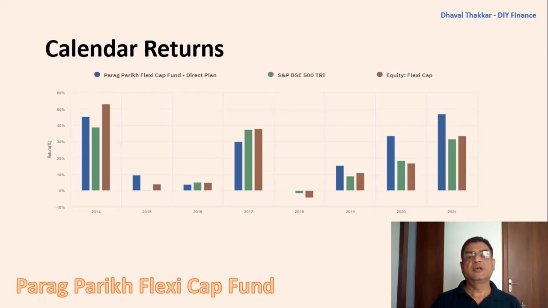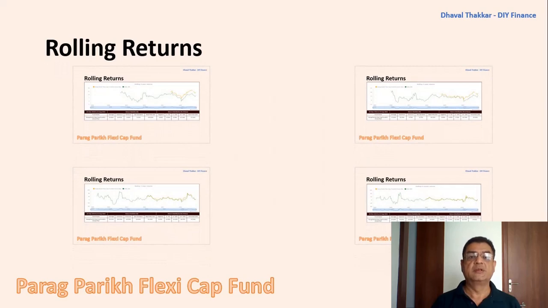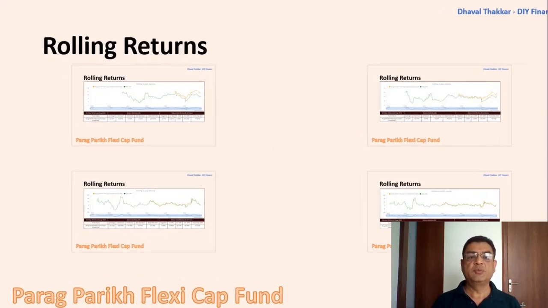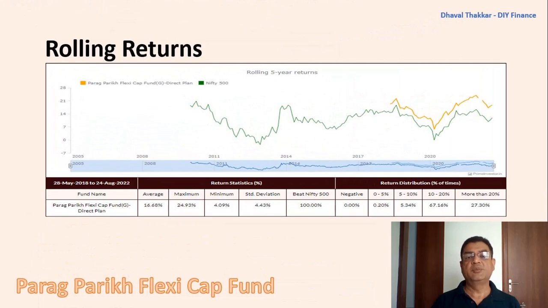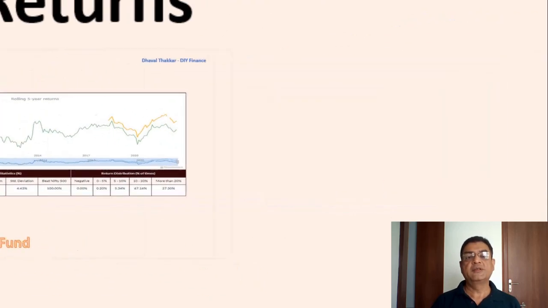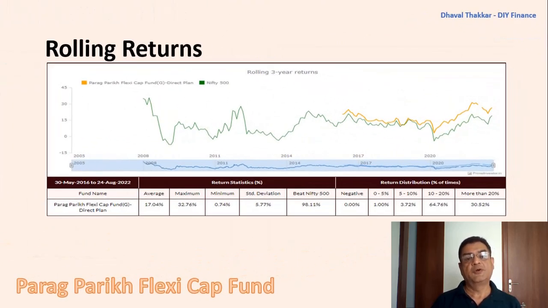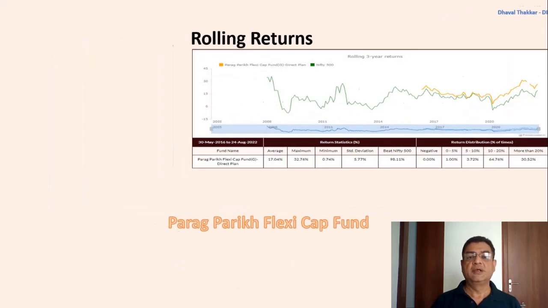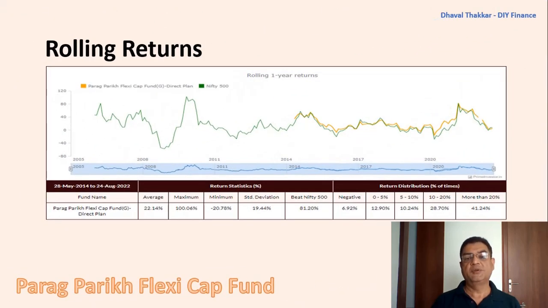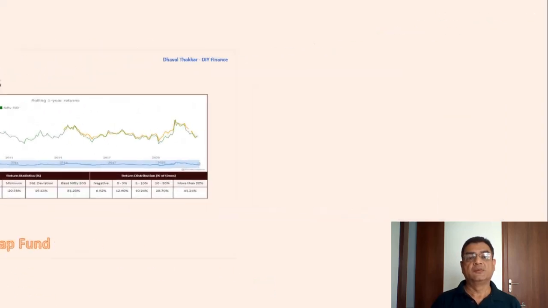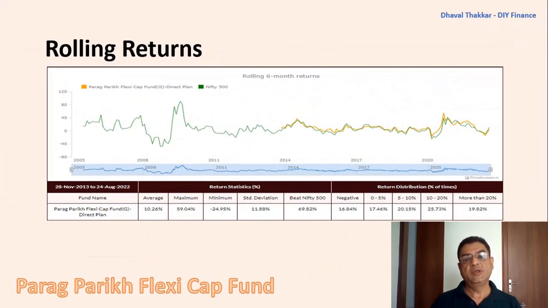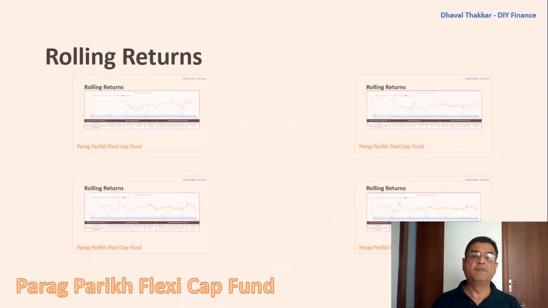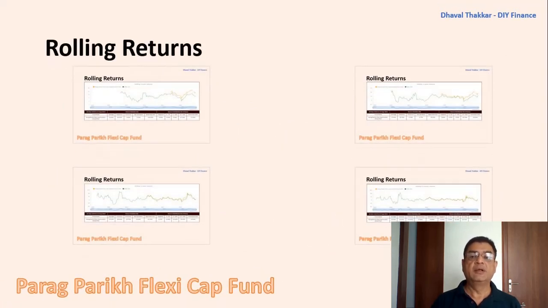Now let's also check the rolling returns for 5 years, 3 years, 1 year and 6 months. Here also the performance of rolling returns is better than the benchmark, and the fund has been able to beat the benchmark 100% of the time for 5 year and 3 year periods. But for 1 year and 6 months, it is 81% and 71% respectively, which also indicates that the fund performance has not been good in a shorter period, but in a longer period, it is able to